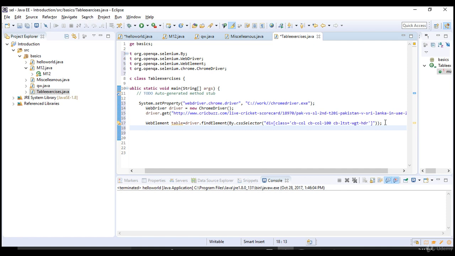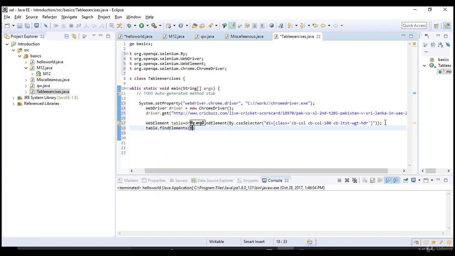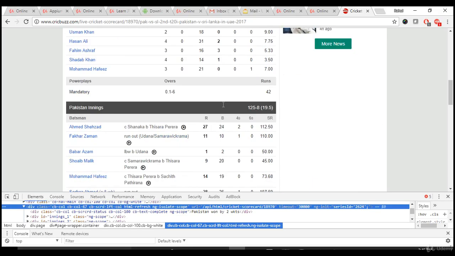So one common thing you can write here is table dot find elements by dot CSS, and you can pass that common CSS. Okay, so you might be wondered why I am not writing driver dot. If I write driver dot find elements, our Selenium script will go and check for this CSS in entire page.